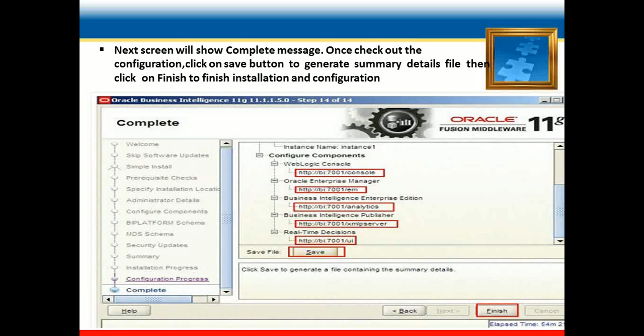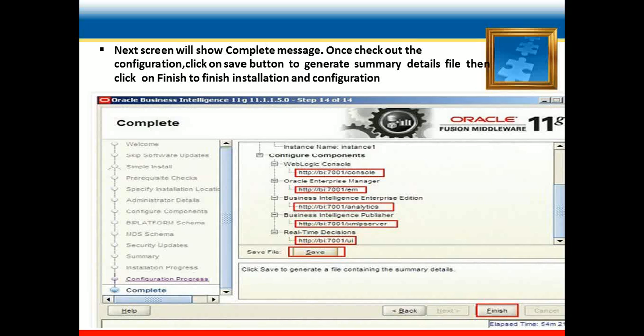Here we can check the configuration of components: the WebLogic console URL, the Enterprise Manager URL, the Business Intelligence URL, and the Real-Time Decision URL.